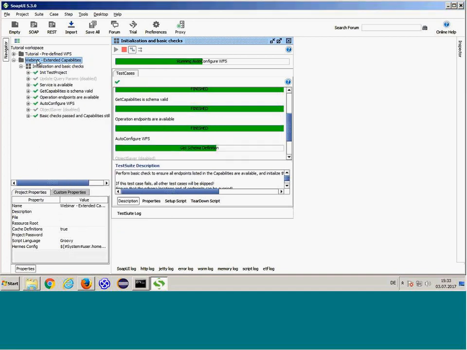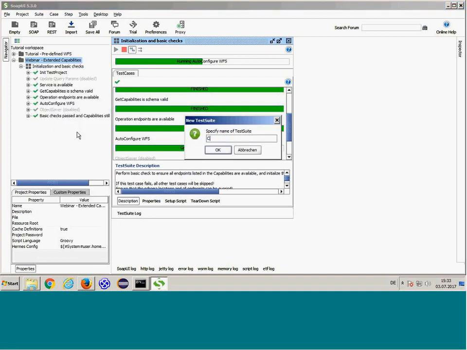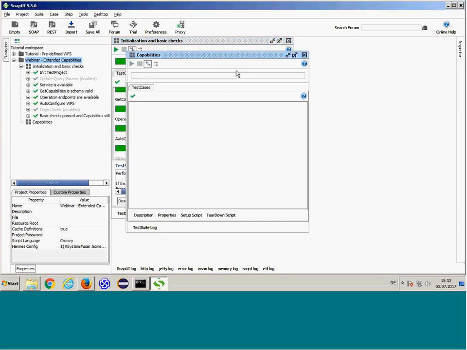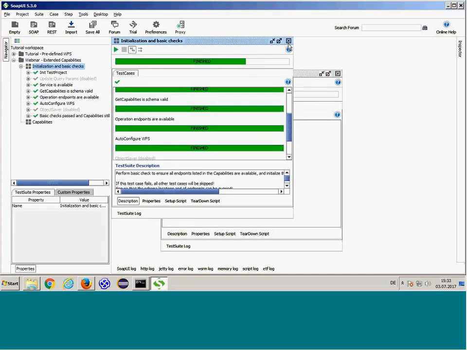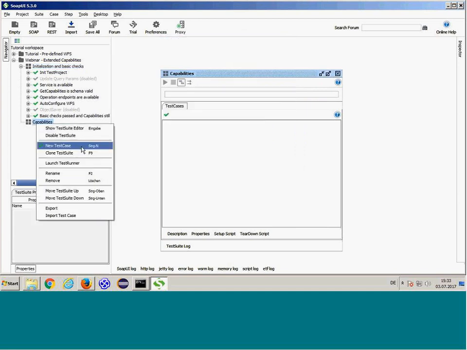Now we create our own test suite, and a test case here.